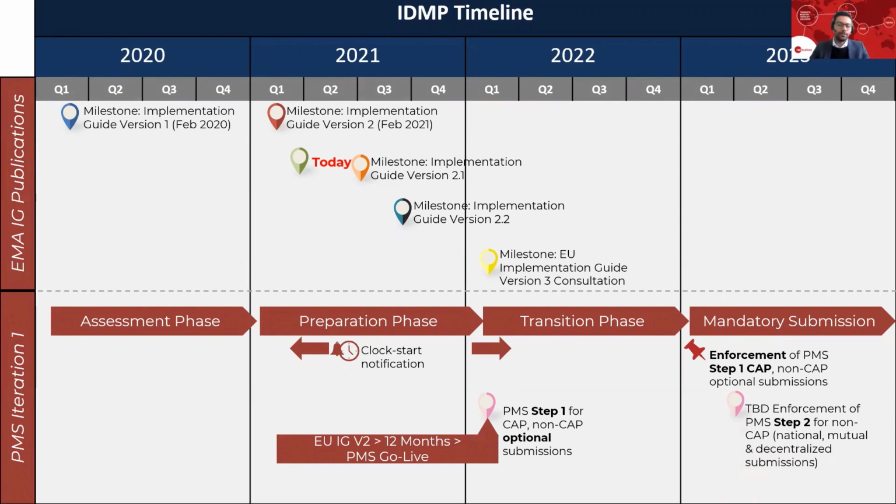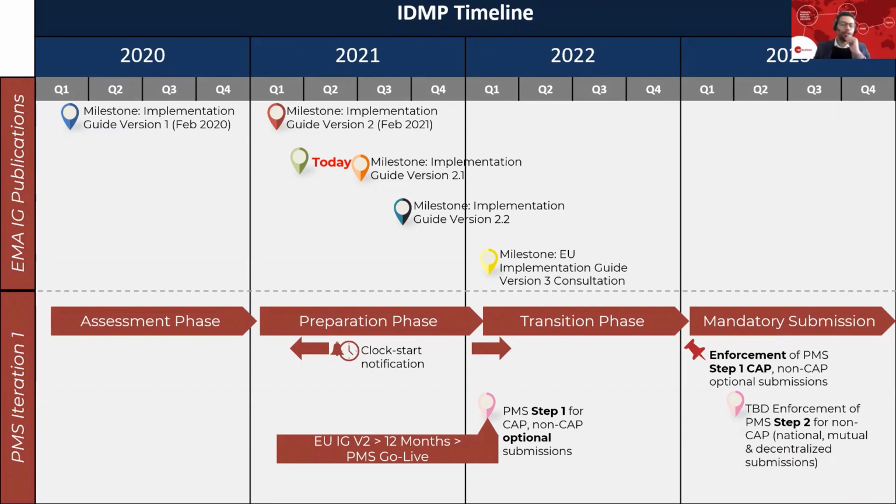So with the first iteration focus on the PMS around the authorized medicinal products, followed by iteration 2, which will be focused on investigational medicinal products. Iteration 3 will be focused on clinical particulars, and then iteration 4 will be focused on the package product and batch IDs. The first iteration around PMS covers a subset of the ISO IDMP data fields, and with the EUIG version 2,